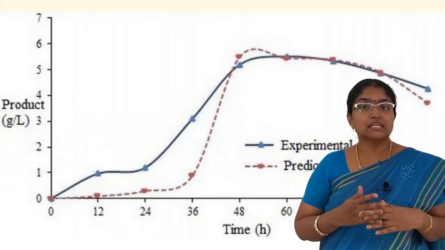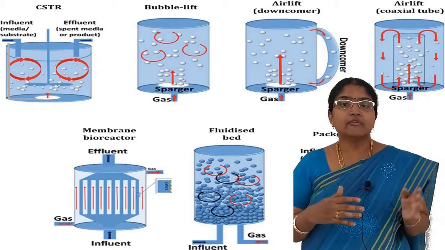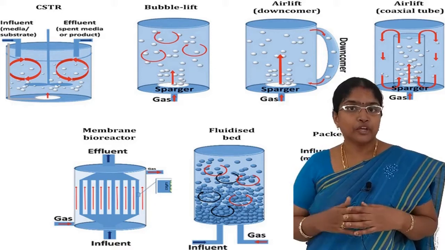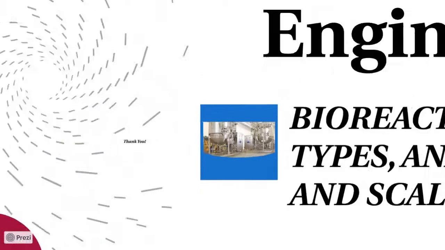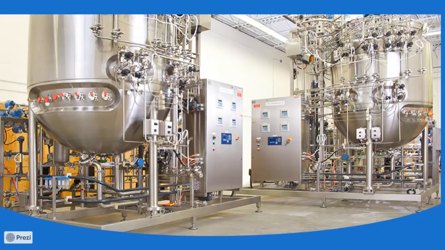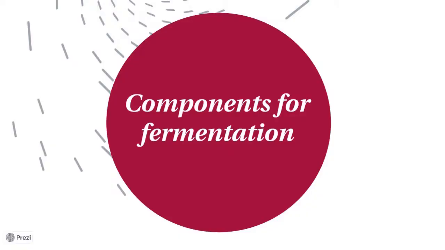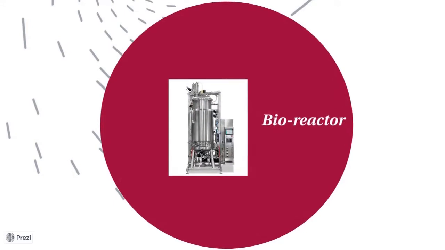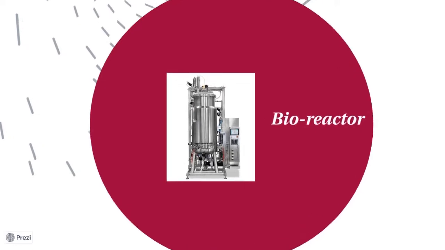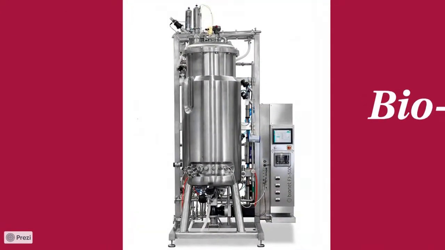Yes, in today's class, we will be discussing in detail the different types of reactors that are being used. The basic purpose of a bioreactor is to visualize the size of the unit to deliver the product both qualitatively and quantitatively with high reproducibility. The main components for the fermentation process will be discussed now. The process will be carried out in suitable bioreactors, wherein the bioreactors are designed in such a way that they meet the basic requirements of the fermentation process.